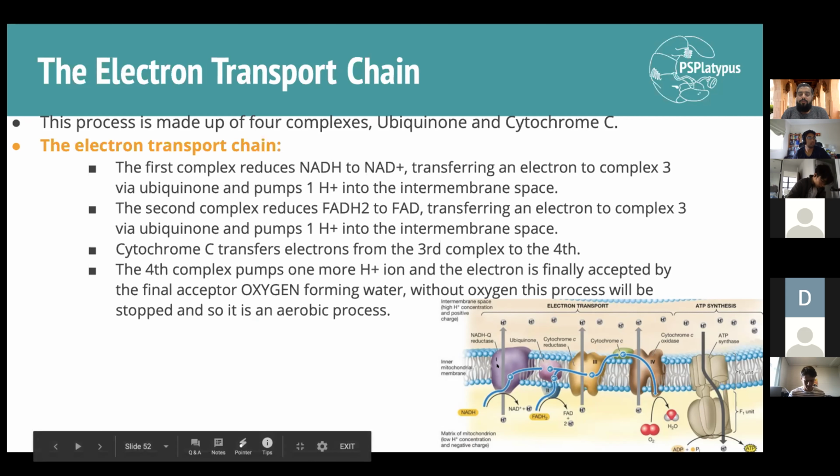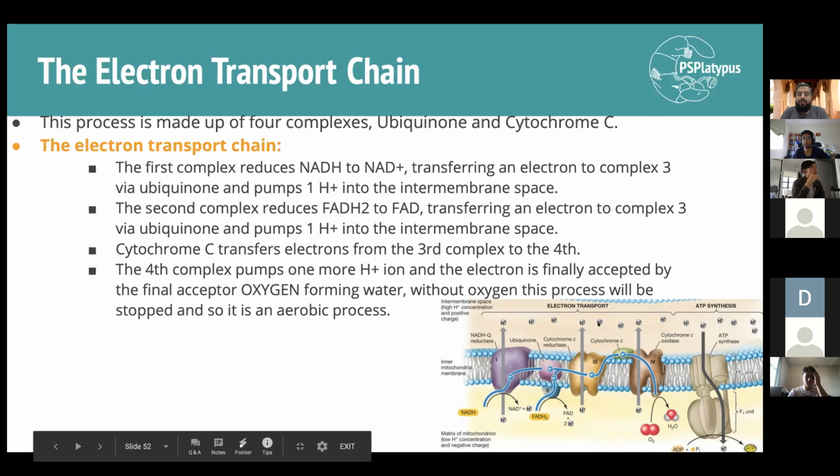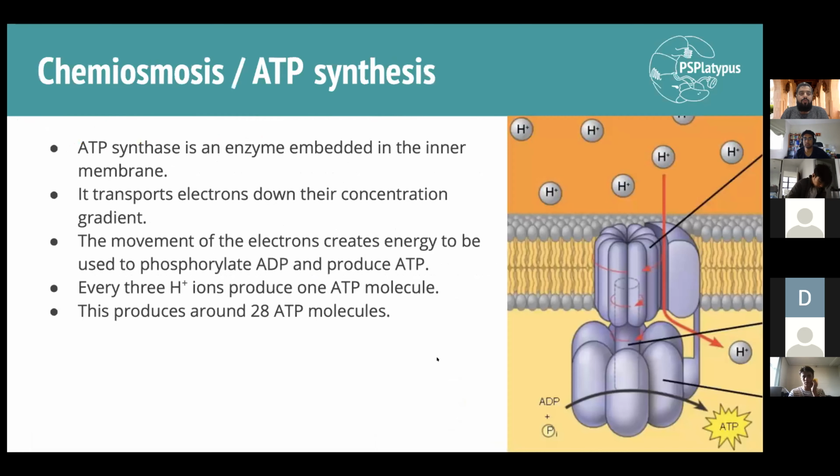So complex 1, complex 3, and complex 4 are the ones pumping the hydrogen ions against the concentration gradient. They pump the hydrogen ions from the inside of the inner membrane into the intermembrane space. And then we'll move to the last stage, which is